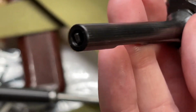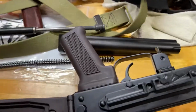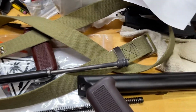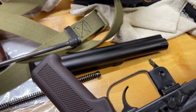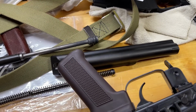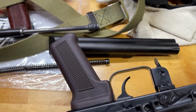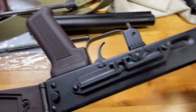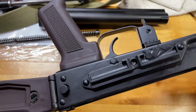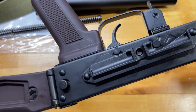So I want to just quickly discuss what I think about all of this and what I'm going to do with this gun. Like I said before, I'm planning on shooting this gun and seeing what happens. But I think based on what I've noticed from the threads on the AK Files and stuff, is that there is definitely something up with Palmetto State Armory,